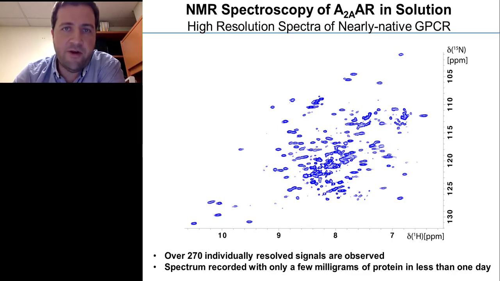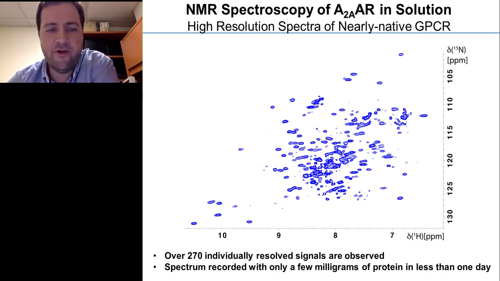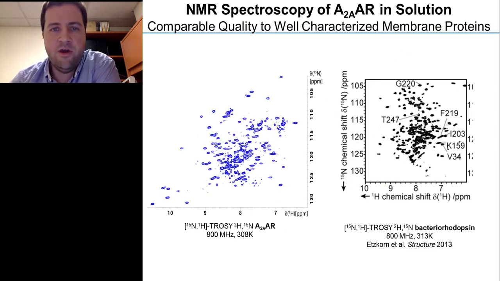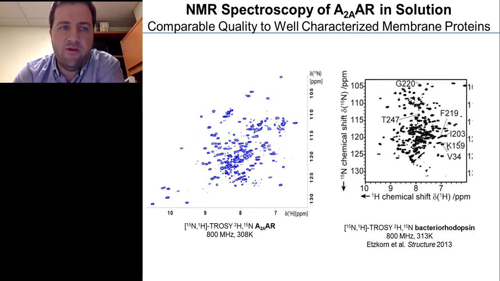Shown on this slide is a representative NMR spectrum. This is a TROSY spectrum as measured at 800 megahertz, in which we see over 270 individually resolved signals. And this was recorded with only a few milligrams of protein in less than a day at 800 megahertz without a cryoprobe. Now, as a point of reference, I present the spectrum from the previous slide and compare that to